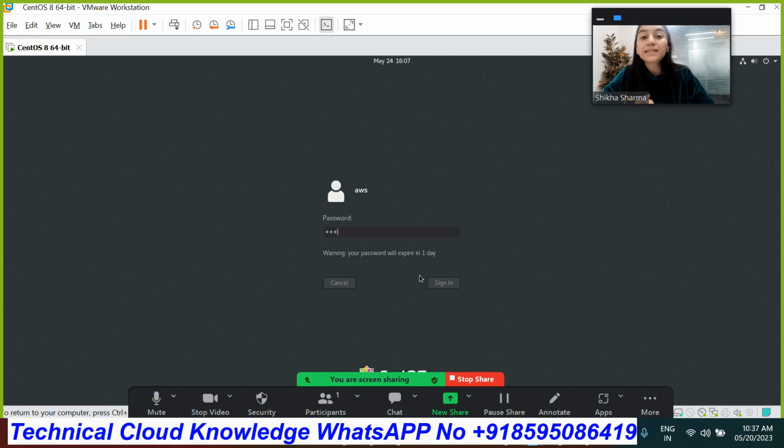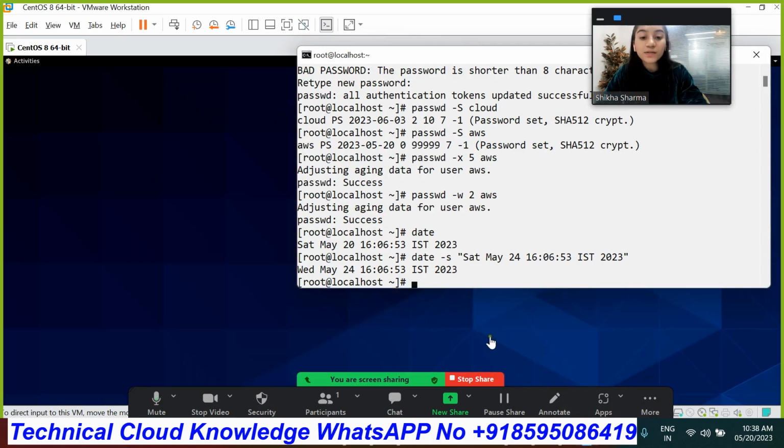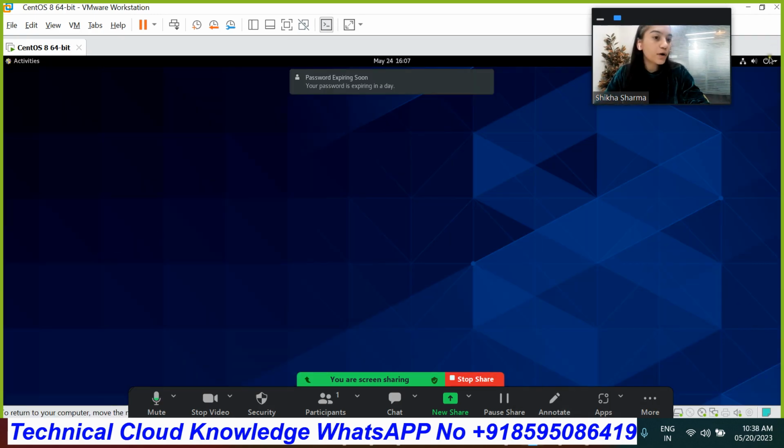Okay, so this is the sixth field. That's how this field will work. Now let's move to the last field, which is the seventh field, in which our account will become inactive. Our account will get deactivated, in which we are not able to log in with our account and need to change the password. Okay, so let's understand how it works. So first let's log out from here.